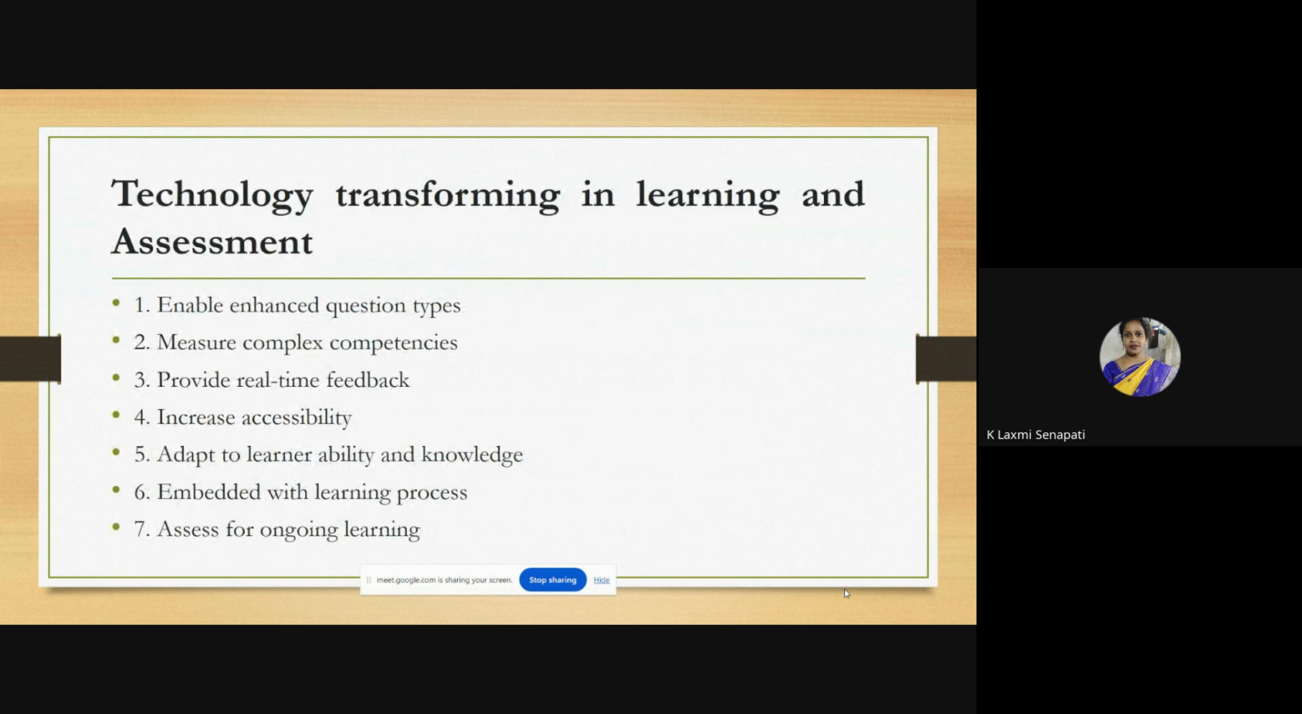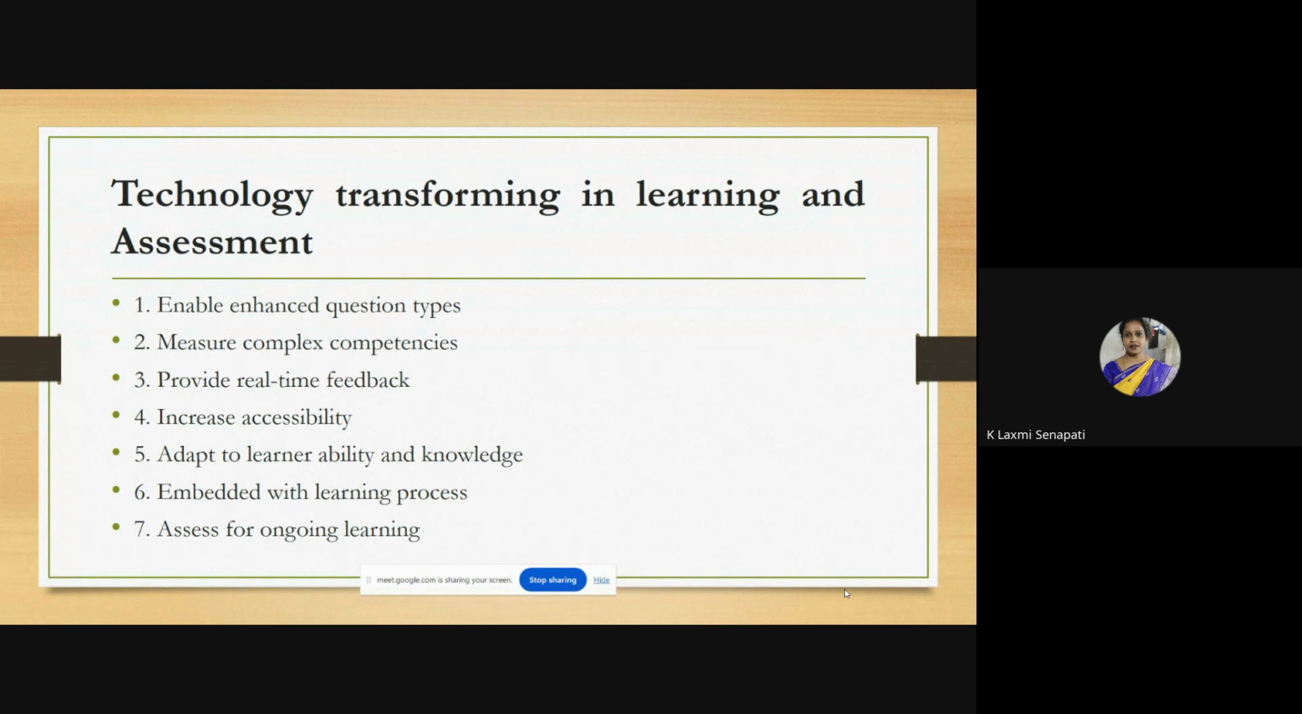Okay, here is how technology is transforming learning and assessment. In this paper we are discussing the integration of technology in the teaching learning process. How will the technology be helpful for transforming the teaching learning process? In what way will this technology help us in assessing the teaching learning